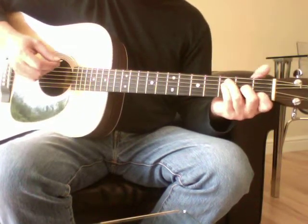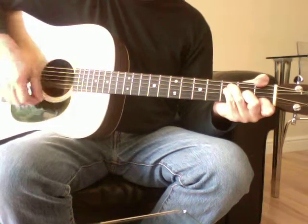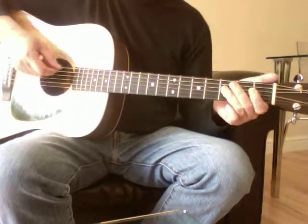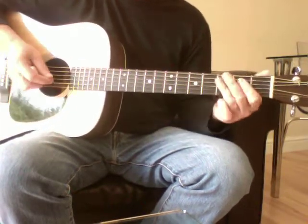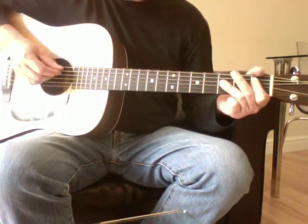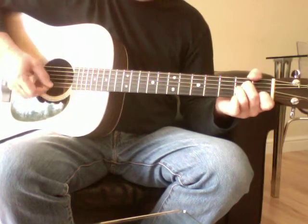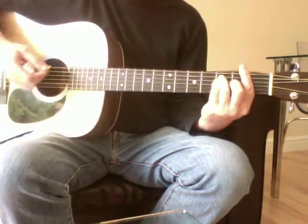Into the chorus, it starts off like the intro with the F major 7 to an E minor, so that repeats twice, so it's two. And that's a B flat. So mute out the low E, first fret of the 5th, bar across the 3rd fret of the 4th, 3rd and 2nd, and let the fingers mute out that top E to an A minor, to a G, and you really need the full bar here. And coming down it's